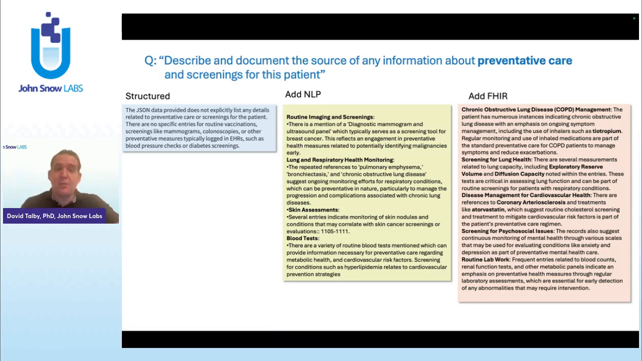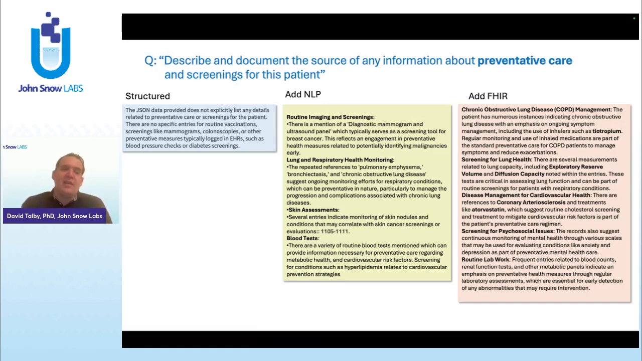And then you say, describe and document the source of any information about preventative care and screenings for this patient. Here you can see the value of having the multimodal data combined into one place. On the left, you see the example if you only feed the system with structured data. If you only give it the EHR data, it tells you the JSON data provided does not explicitly list any details related to preventative care or screenings for this patient. There are no specific entries for routine vaccinations, other screenings, and so on, because that's what you have in structured